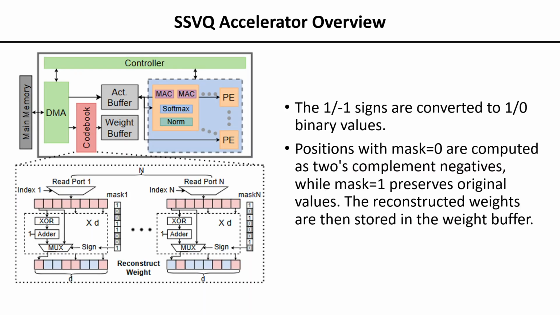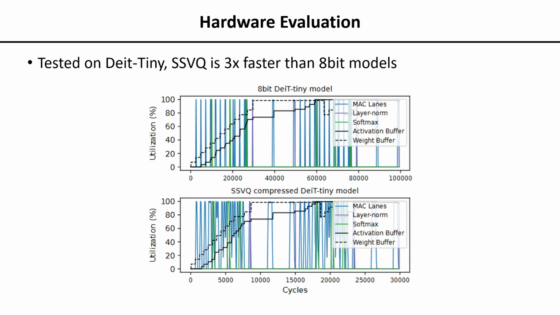Furthermore, we developed a hardware simulator to validate the gain in inference speed. The key design is our weight coding module between the main memory and the weight buffer. Mask values determine the weight reconstruction process. Positions with mask equal to 0 are computed as the two's complement negatives, while mask equal to 1 preserves original values. The reconstructed weights are then stored in the weight buffer. On the DeiT-tiny model, our SSVQ achieves a 3 times speedup over the 8-bit compressed model